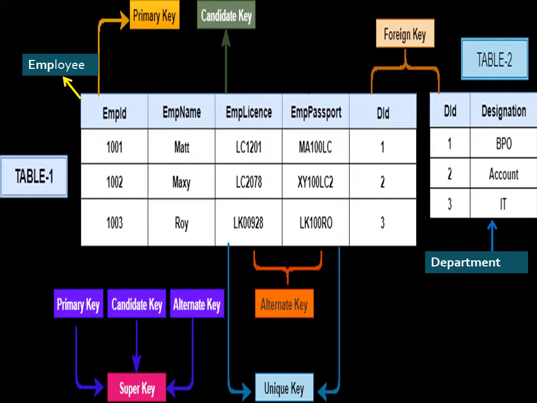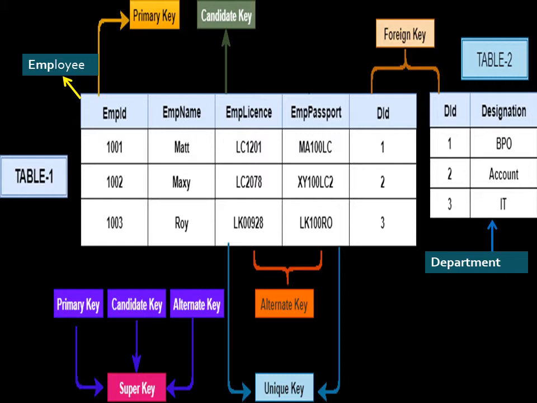There is an employee table and a department table. Employee ID is the primary key for the employee table, whereas department ID is the primary key for the department table. As department ID is common to both tables, in the employee table and in the department table, they are linked with each other. We can say they are creating a relationship between these two tables.